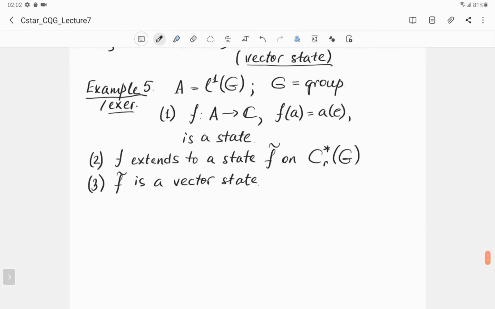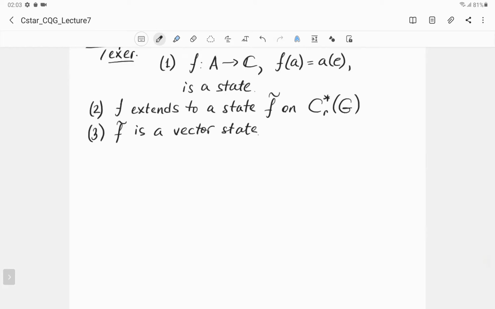Okay. So our final result for today will be the following theorem, which shows in particular that all positive functionals on a C-star algebra are automatically bounded, or are automatically continuous. So suppose that A is a C-star algebra, and suppose that f is a positive linear functional on A. Then,